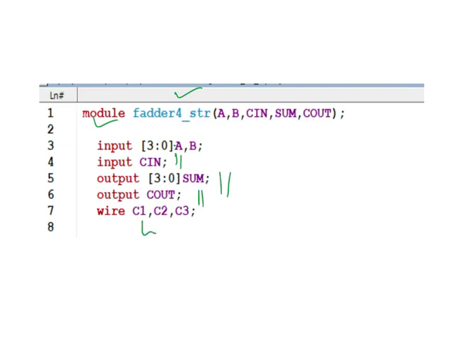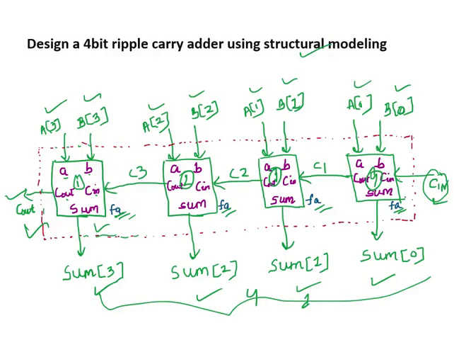Okay, then why I have taken this OR C1, C2 and C3, you can see here, this part is C1, this part is C2 and this part is C3. Because OR is nothing but a piece of wire to connect two modules, or to connect two designs or two blocks we can say. So this is like a physical wire. From this module to this module I am doing the interconnection using this wire C1. This module to this module I have taken C2, and this module to this module I have taken C3.